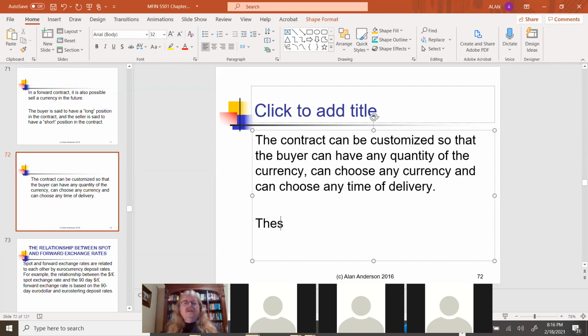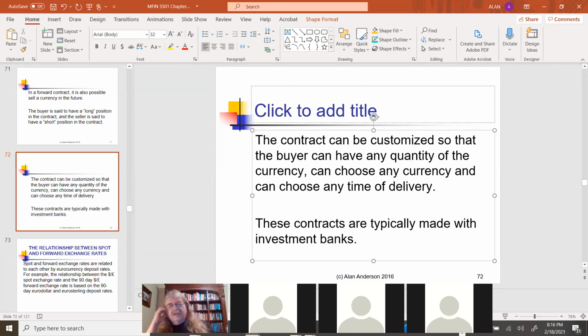So these contracts are typically made with investment banks. So if I need one of these contracts, I may call up Goldman Sachs and say, listen, I'd like to do this with you. They may also be made,